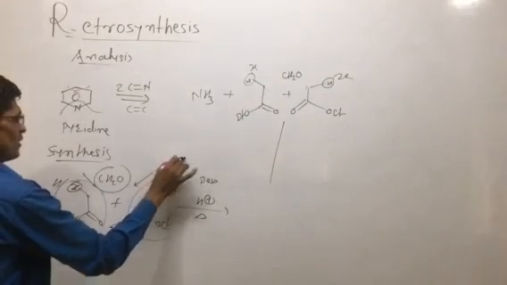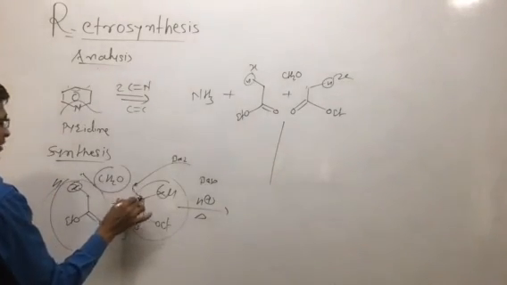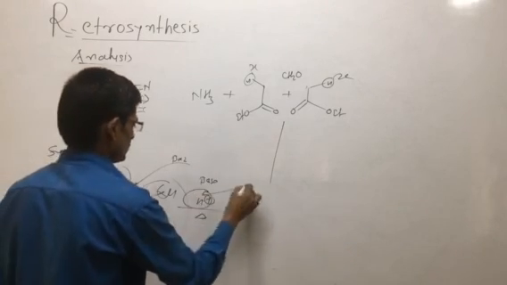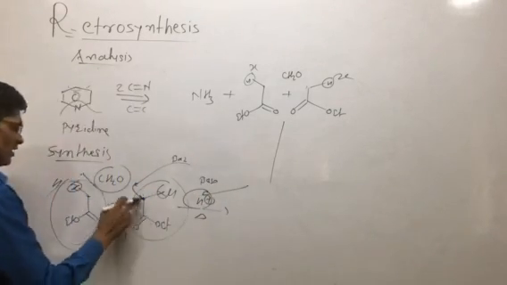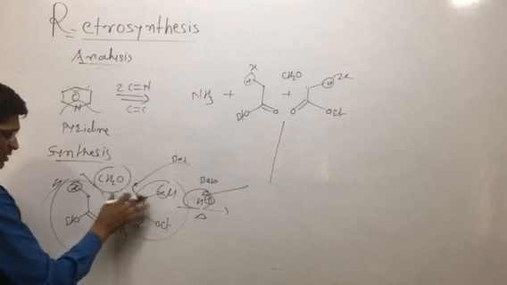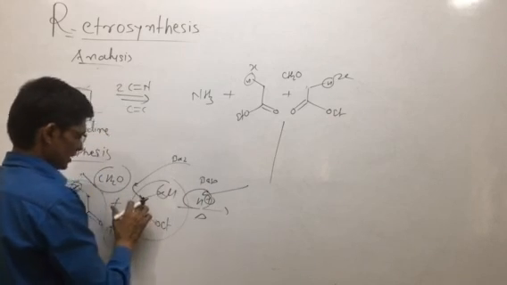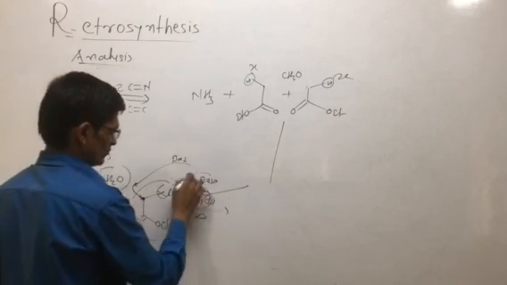Here we have to take a base, because the base has a tendency to take the proton from here as well. And in most of these types of reactions in acidic condition as well, that type of species is lost. Then this proton is abstracted from this active methylene group. That's why we need the